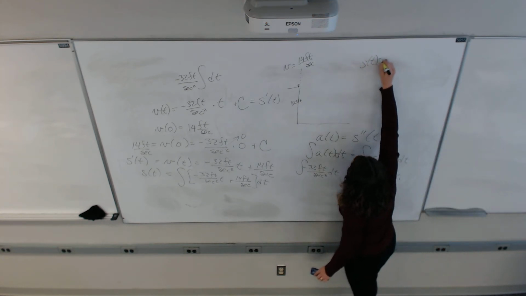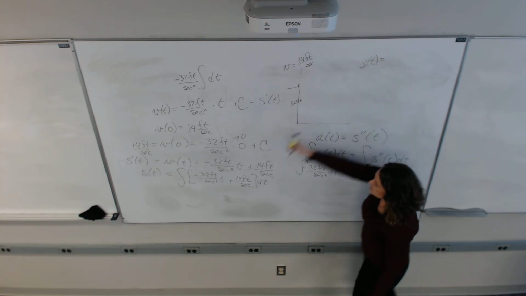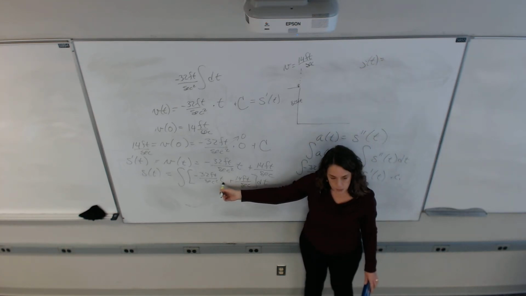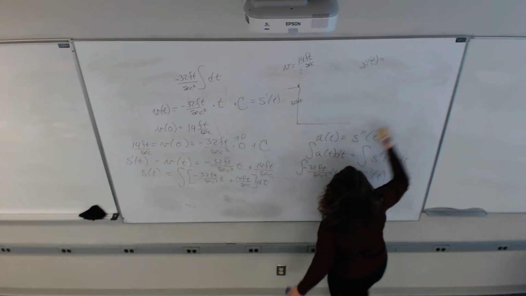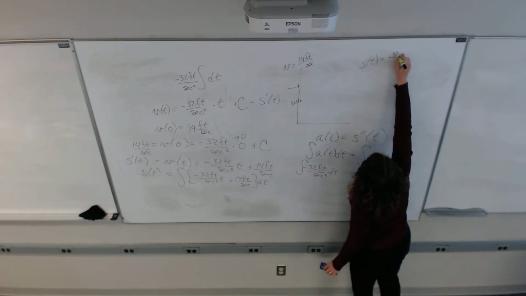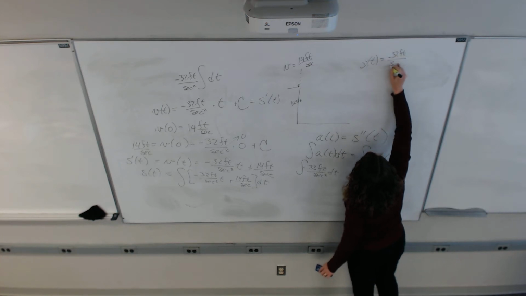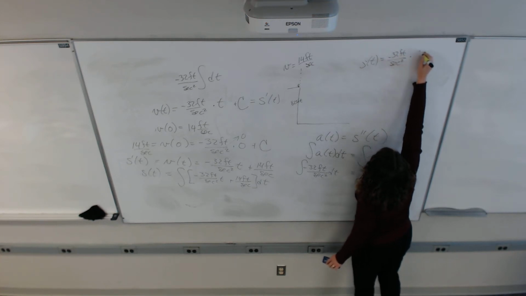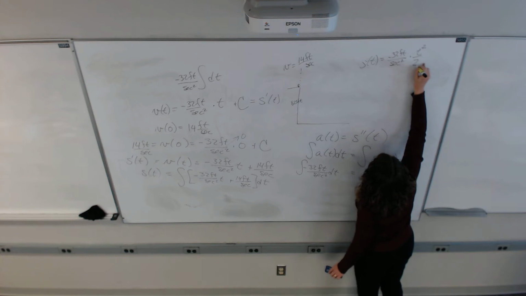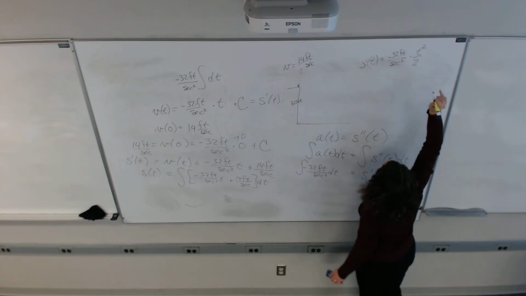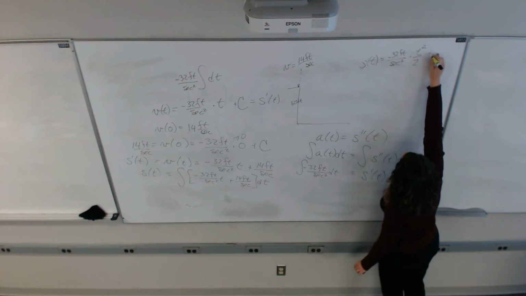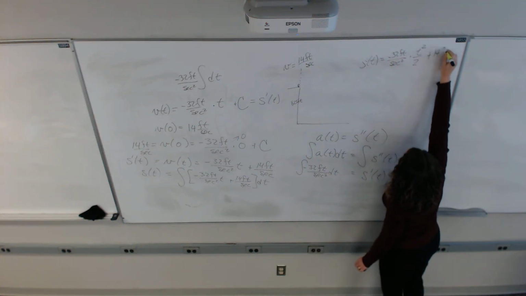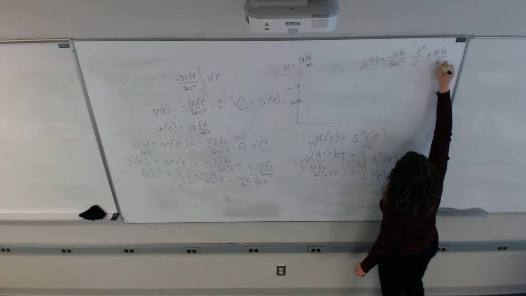T squared over 2, 16 feet. So the power on t is 1. So I raise it and make it a 2, but then I have to divide by the 2. Negative 16. So I have negative 32 feet per second squared times t squared over the 2, right? And then I've got, well, this is just a constant, so the antiderivative is 14 feet per second